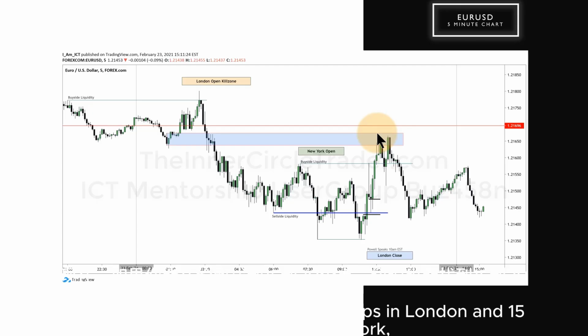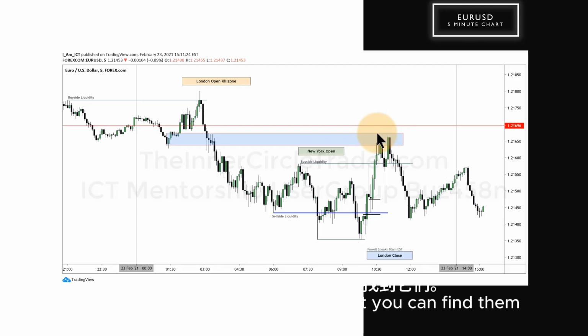Now, if you're able to find 15 to 20 pips in London and 15 to 20 pips in New York, and you're able to do that 3 times a week, that, my friends, is very good. Very, very good. And what it'll do is teach you that you can find them consistently, you can find them routinely, and while they aren't always going to be profitable, you'll get stopped out, sometimes you'll miss a move,